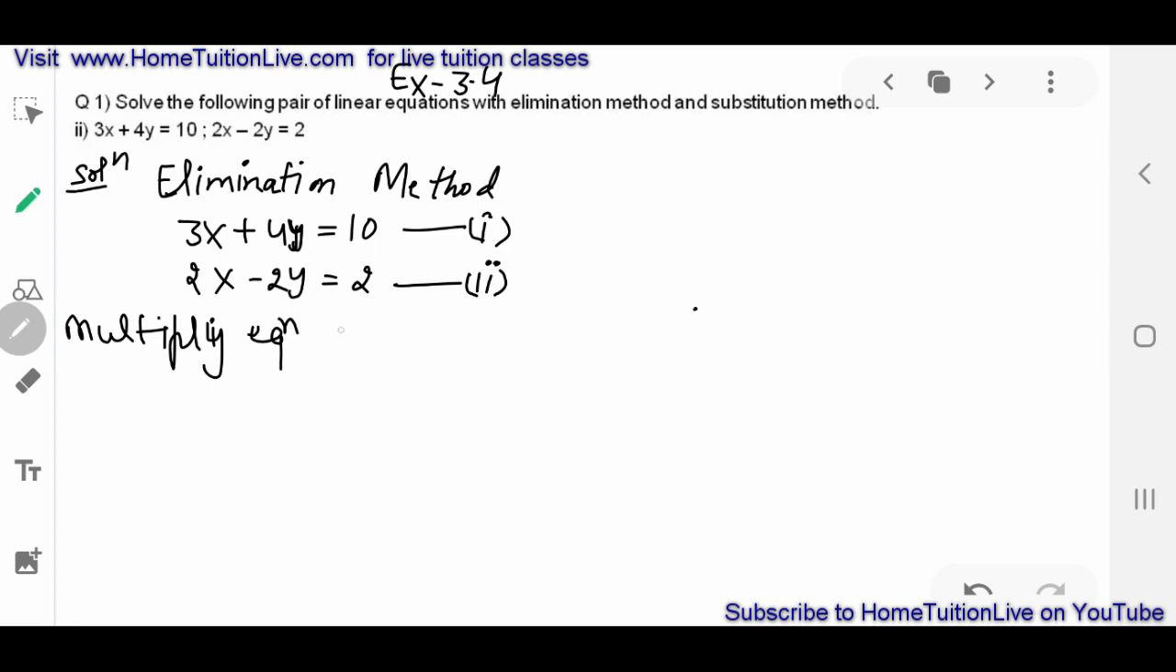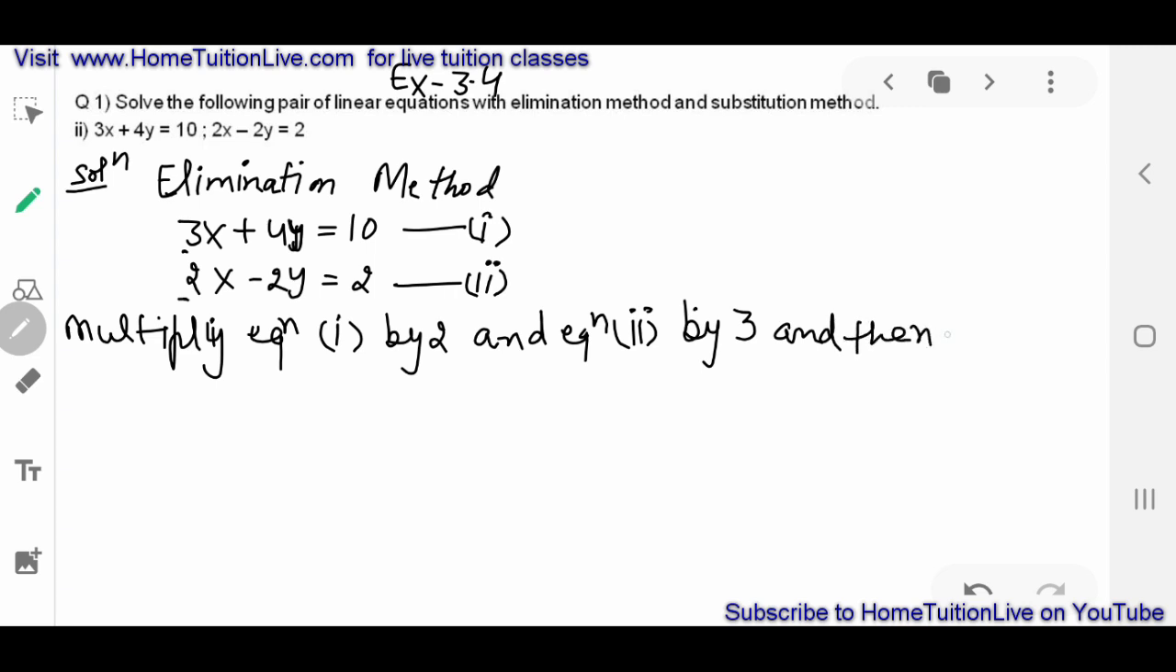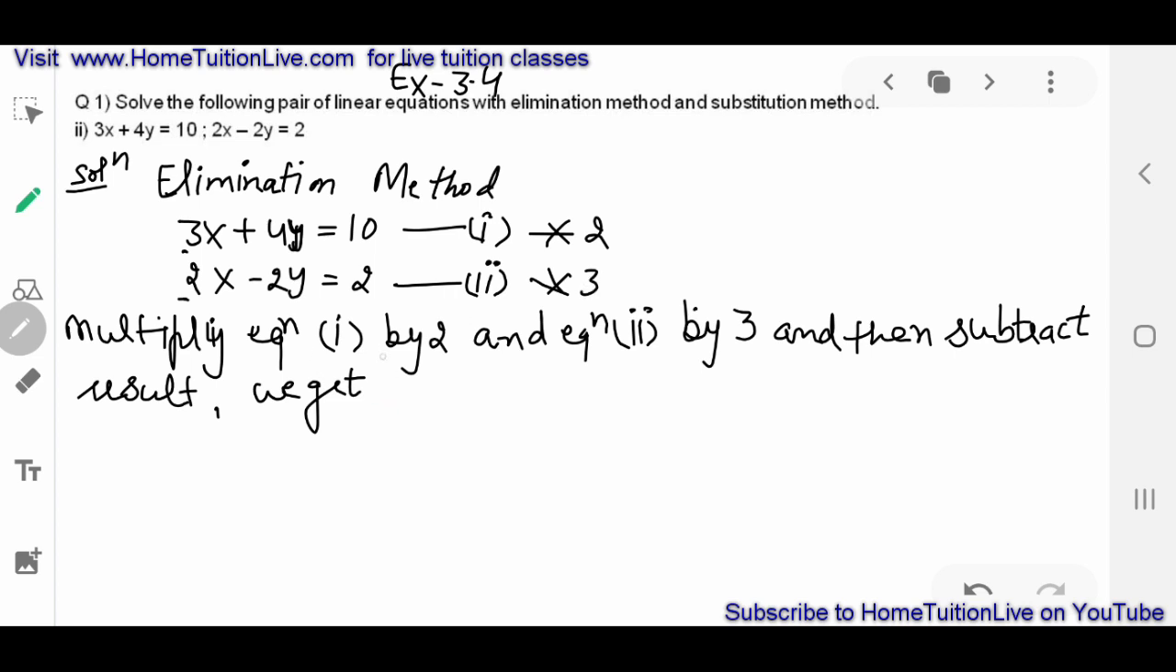equation 1 by 2, and equation 2 by 3, and then subtract the result. We get, if we multiply this equation by 2 and the other by 3, we will get